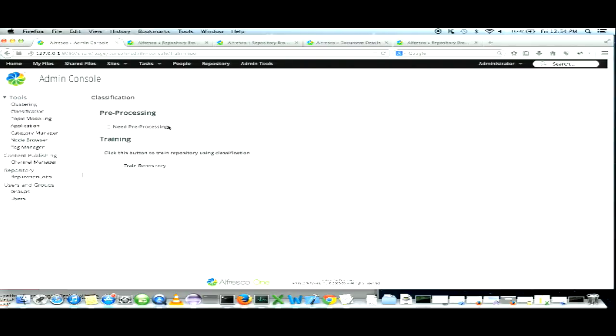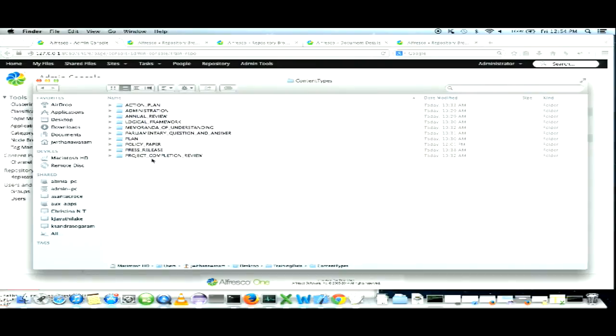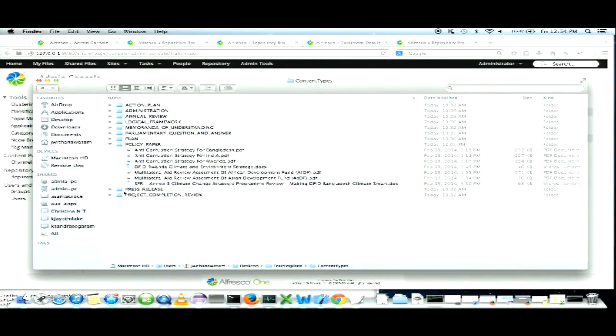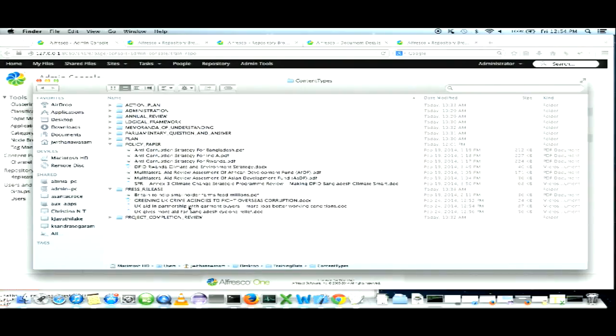So in classification we need to have a folder hierarchy in the local file system. This is one requirement from the machine learning side. So you need to have a proper folder hierarchy, and the folder name should be the category name in the local file system. You need to have something like this.